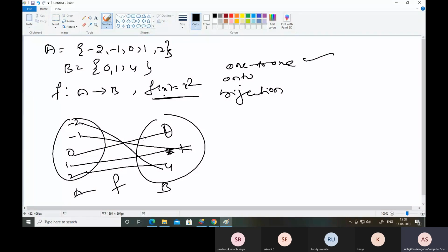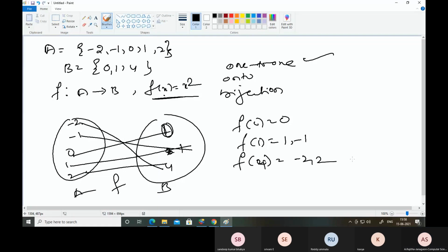One-to-one means every image has only one pre-image. But here some images have two pre-images. f of 0 equal to 0, f of 1 equal to 1 as well as -1, f of 4 equal to -2 and 2. That means two pre-images are there. That's why this is not one-to-one. And coming to onto, for every image there is an